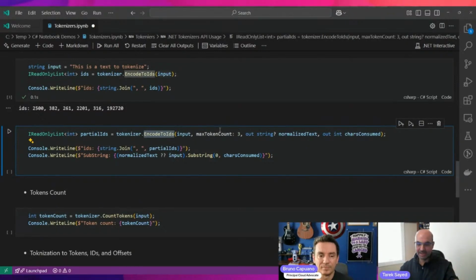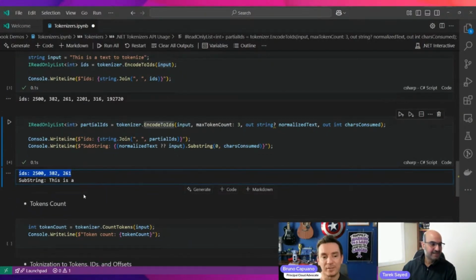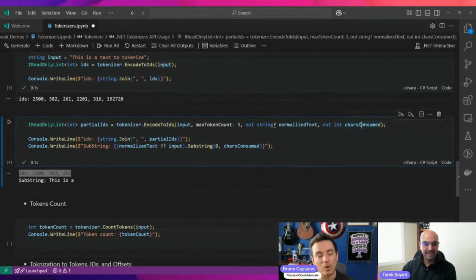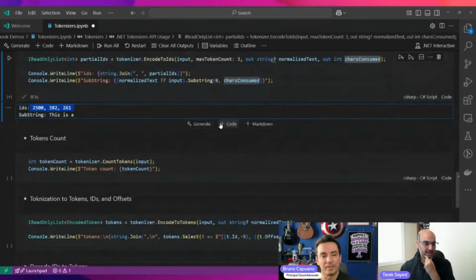You can use this API to make sure it will not generate more than what you need. If you run this one, we are going to have only 2,500, 382, and 269. You also see the string that was analyzed, not the full text. This is a text to tokenize, only the first three words. So it gives you full information about how far you went inside the text to generate these 3 tokens.